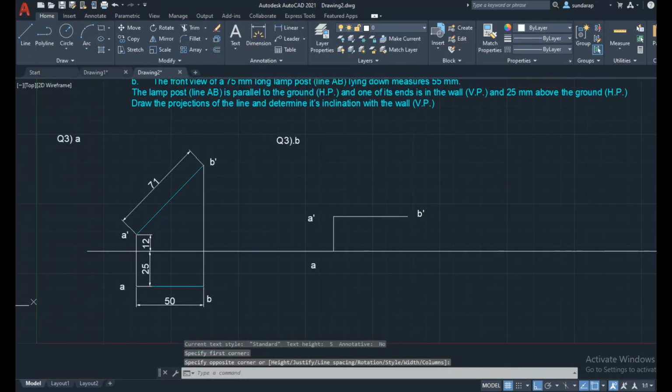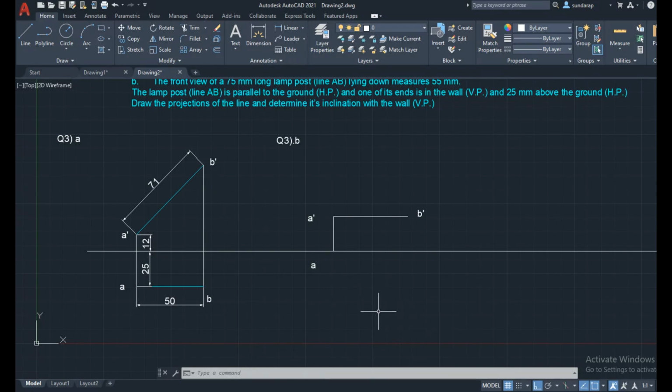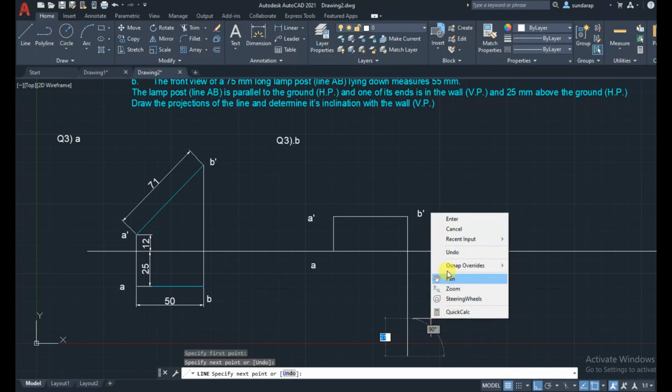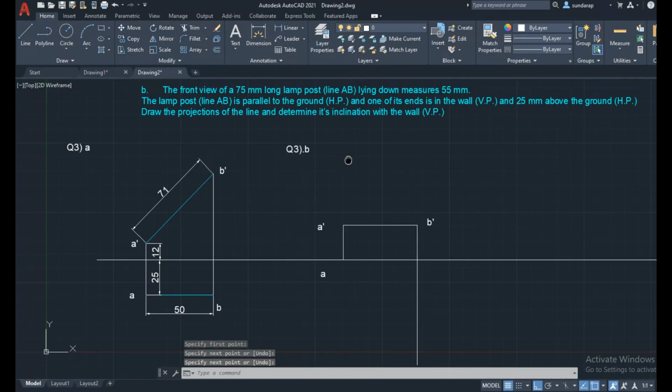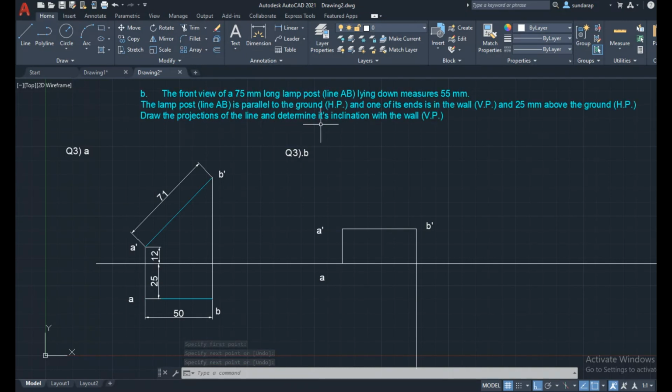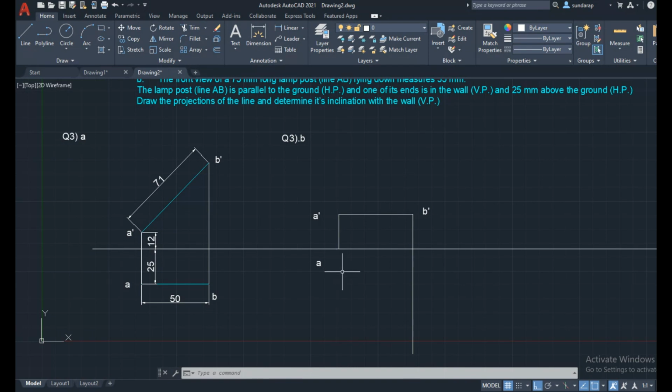Here we need to find the top view with the inclination of the true length. Similarly, draw a vertical line in the downward direction at a convenient length. The true length is given as 75 mm, and we obtain the true length in the top view.